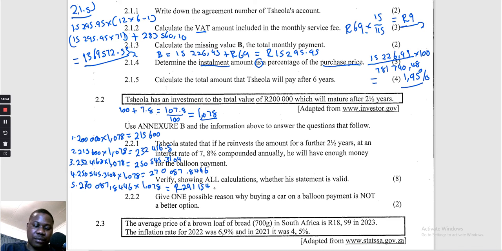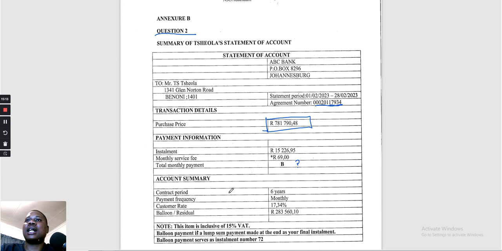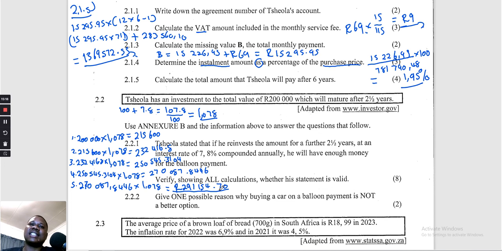291,154.70, I'm going to round it off to the nearest cents, which is 70 cents. It was 69, so I'm rounding it off to the nearest. So now, will this amount be enough for the balloon? Remember the balloon, it was 283,000. So do you see that the amount after 5 years is more, so it means the statement is valid. Remember they say verify, showing all the calculation, whether his statement is valid. So it's valid indeed. If he invests for 5 years, the money after 5 years will be enough for the